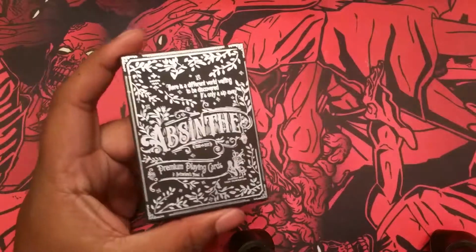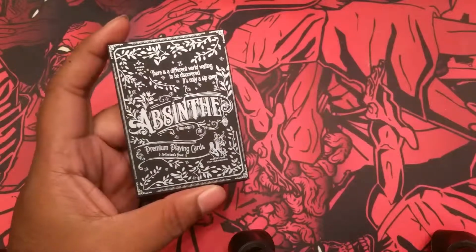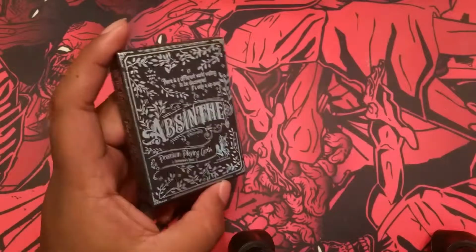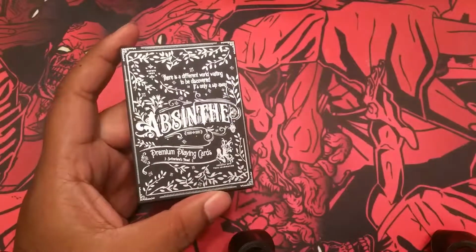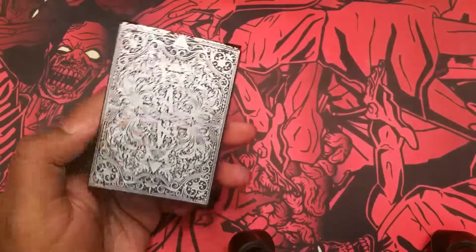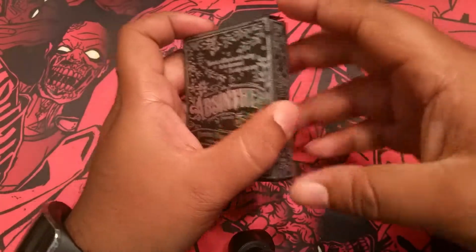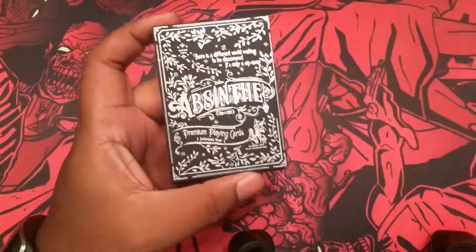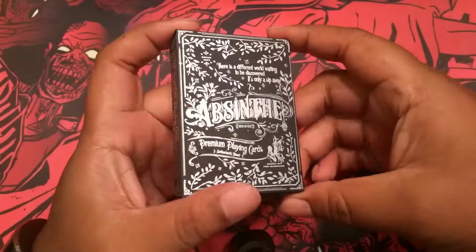I will be bringing you a look at the new Absinthe deck that is outside of the Prohibition set. This was just released to Black Club members and will be available to the public probably pretty soon here. Again, this is not the first edition. This is the new edition that is outside of the Prohibition set. So let's go ahead and take a look at this tuck. I'll also be comparing this to the first edition during the video, but let's take a look at the tuck